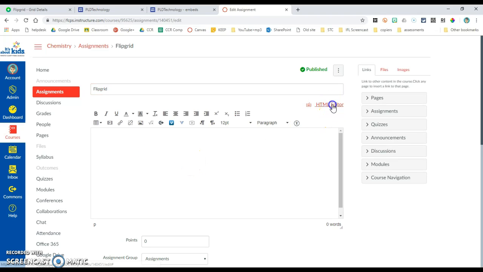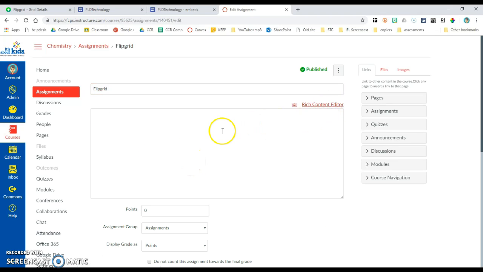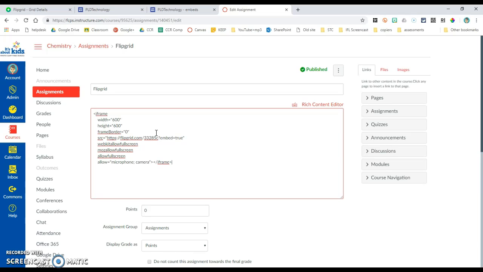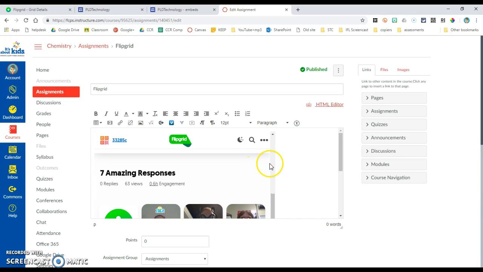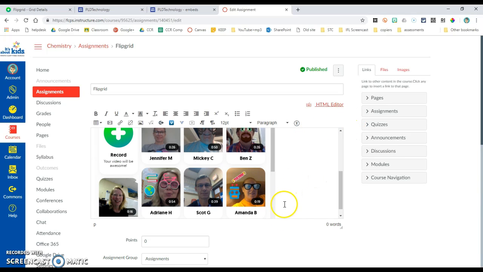The page is blank. Click the HTML editor. You don't see any of the HTML. I'm just going to click down in the box, and again, Control V will paste it in there. When I go back over to my rich content editor, here it is. So I can save this,